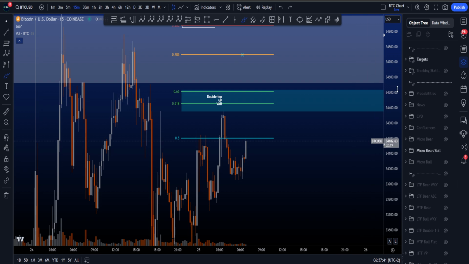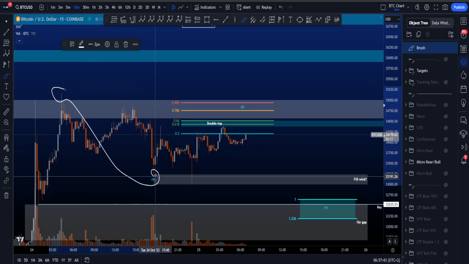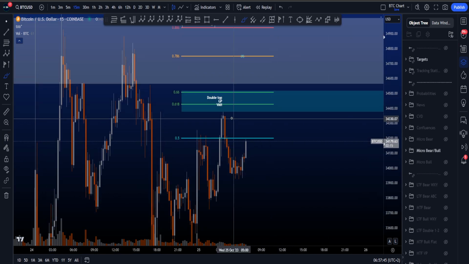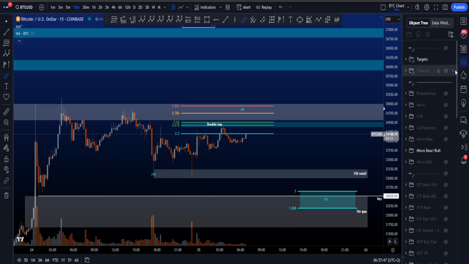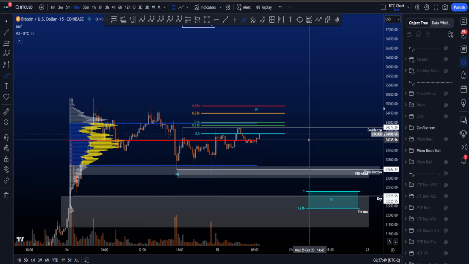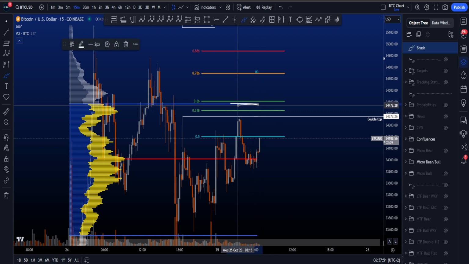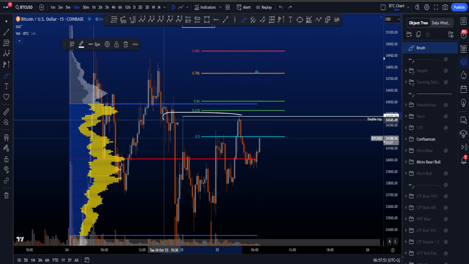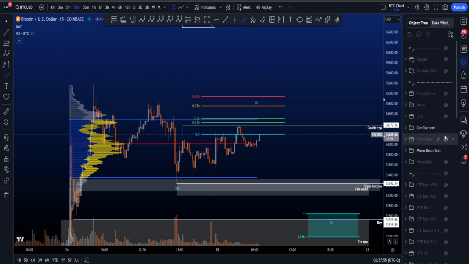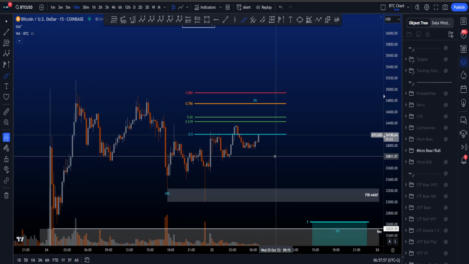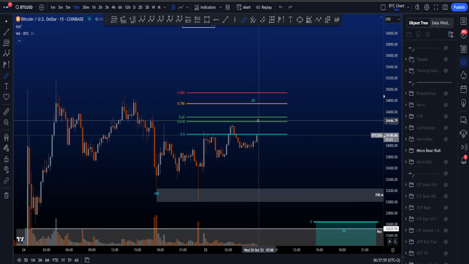We have the golden pocket, which is taken from the high to the low of W, and we also have the value area high of this range over here, which you see right here. The blue line is in the middle of the golden pocket and just above the double top that we have. So that could be interesting resistance for price on top of the golden pocket, sitting between 34.4k and 34.5k, basically